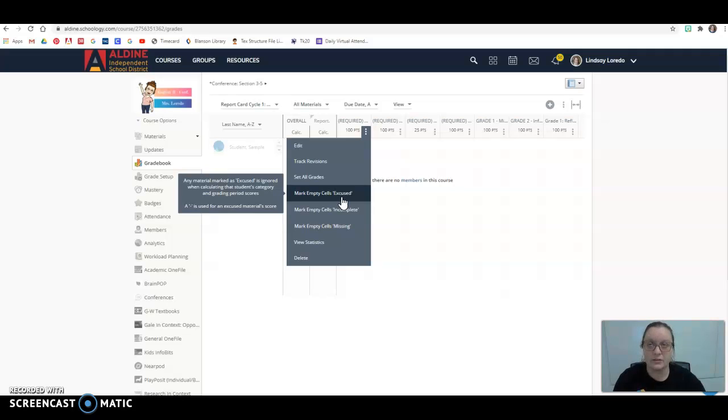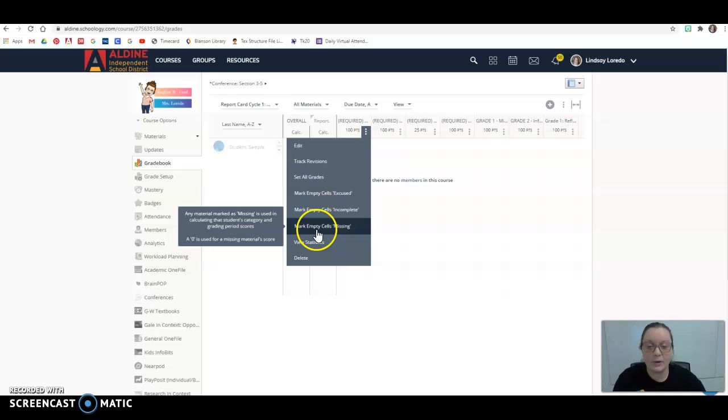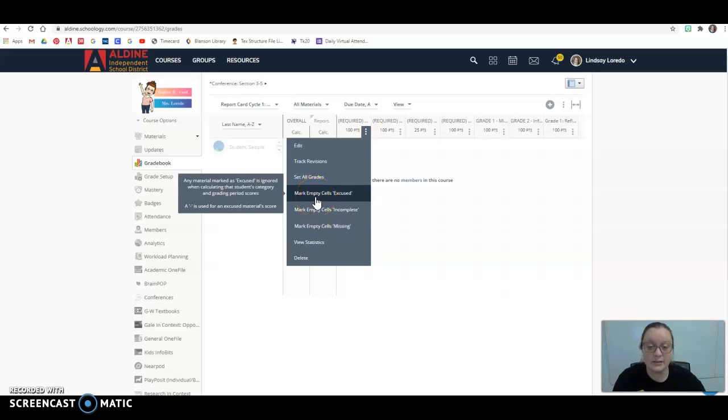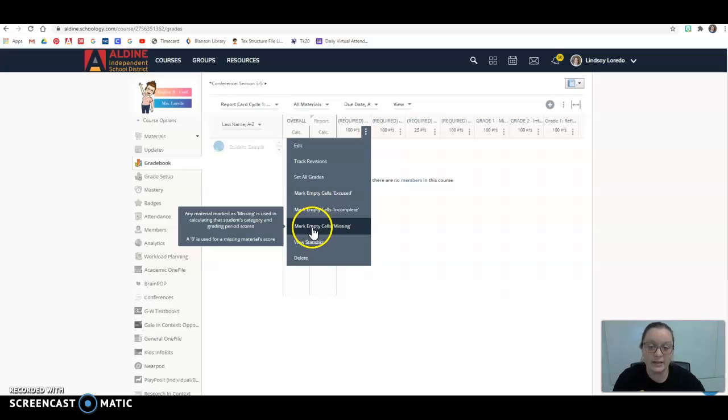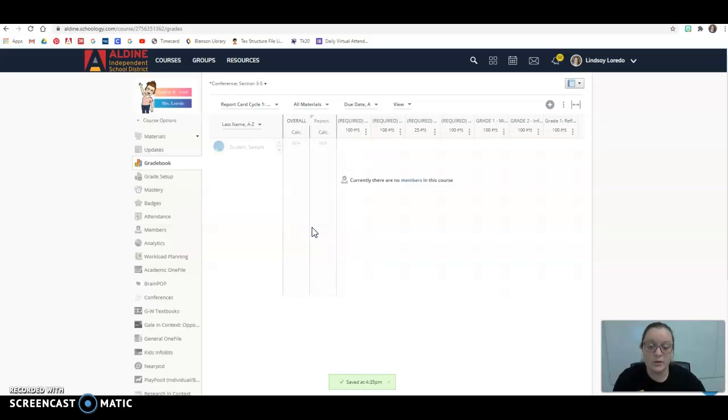So like if a student has transferred from one course to another, maybe this would be a good place to use excused. But what I've been using is missing. So excused and incomplete, it's going to ignore the cell. If you want the cell to read as a 0 and negatively affect their grade, then you need to mark it as missing. So once you mark it as missing, all of the empty cells are going to be marked